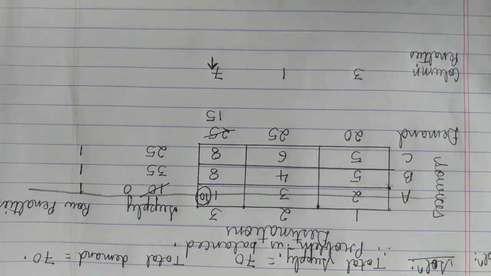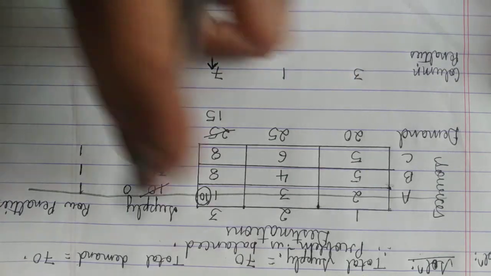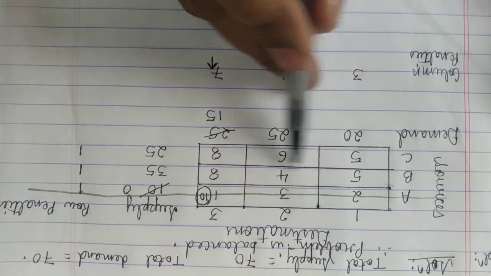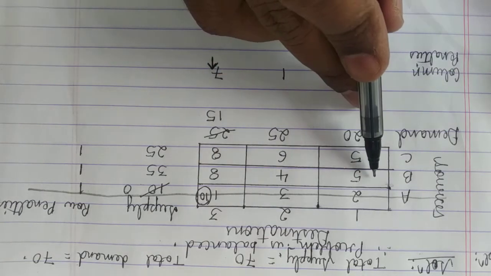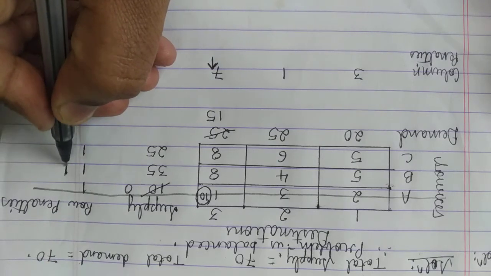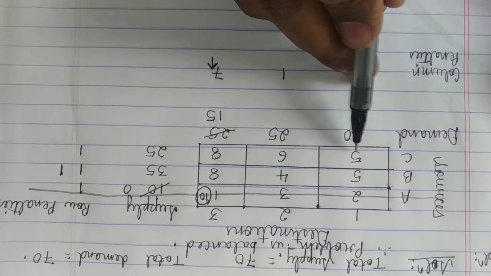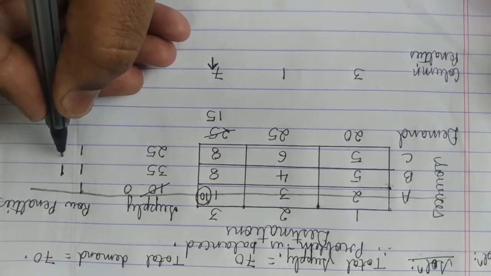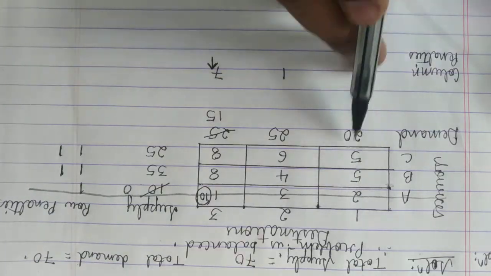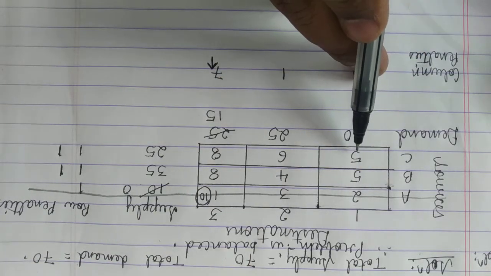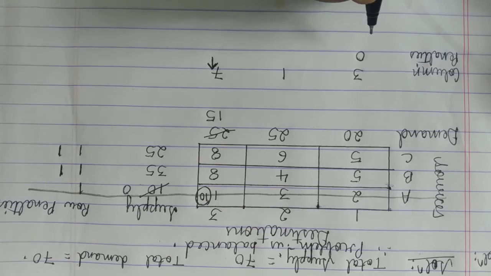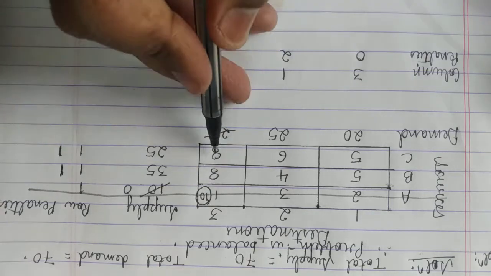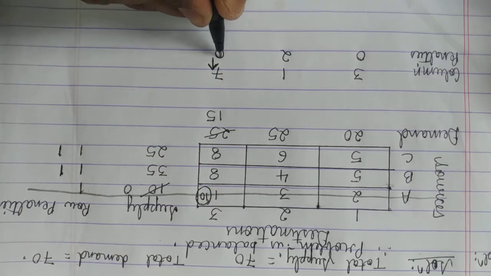The next thing, now again we have to find a new set of row penalties and column penalties. In the second set, here the least element is 4, second least is 5, so the difference is 1. Least is 5, second least is 6 in the third column, so the difference is 1. Here in the first column, least is 5, second least is 5, the difference is 0. Here the least is 4, second least is 6, difference is 2. Here again 8 and 8, so the difference is 0.